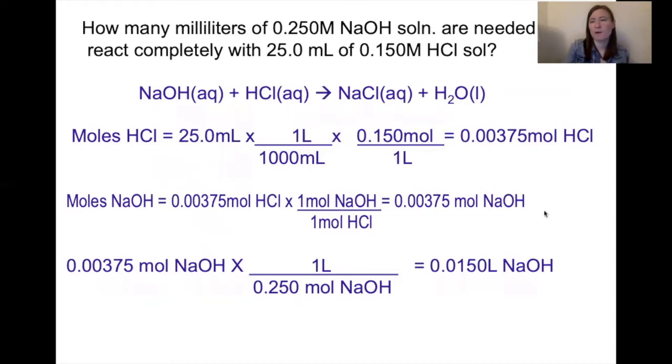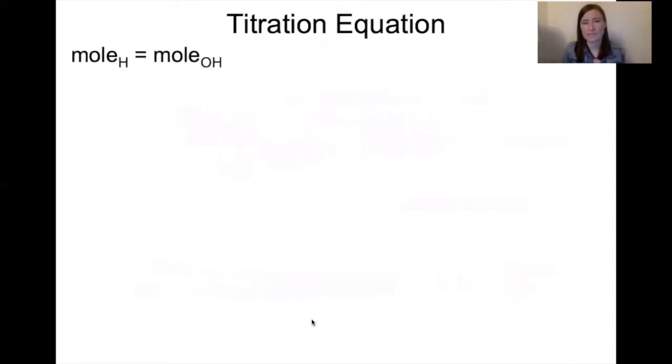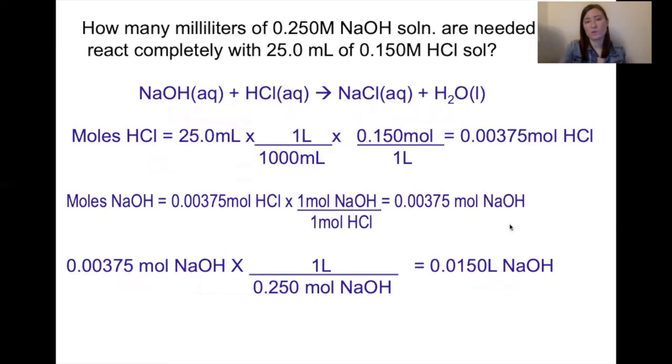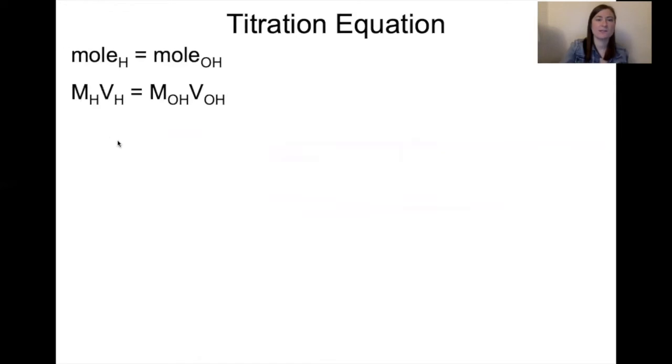And so if we want to shorten this calculation just a little, we can abbreviate it by saying, okay, well, the moles of H+ has to equal the moles of OH-. To get the moles of H+, we do what we did here, right? That's equal to the volume times the molarity. And to get the moles of base, that's also the volume of base times the molarity of the base. So the moles of H+ would be the molarity of H+ times the volume of H+. The moles of OH- would be the molarity of OH- times the